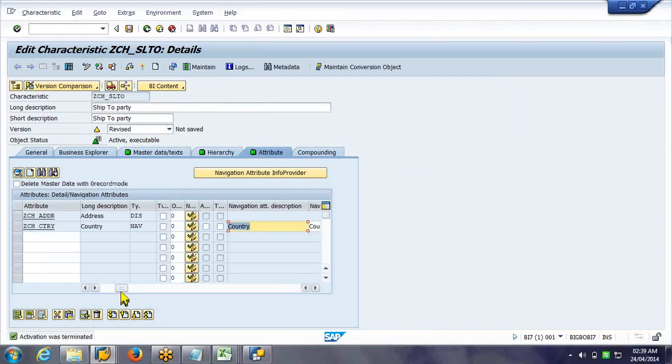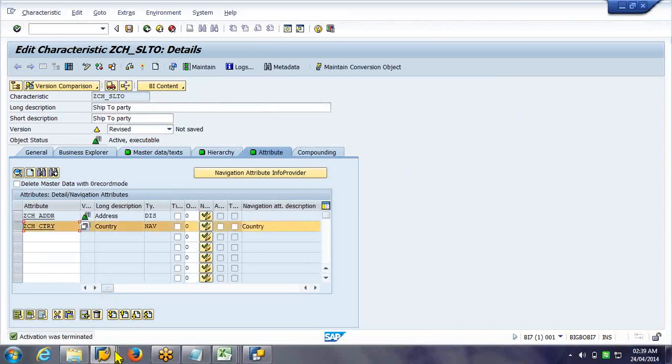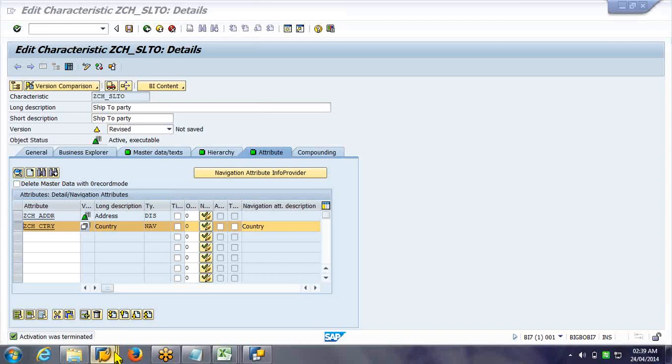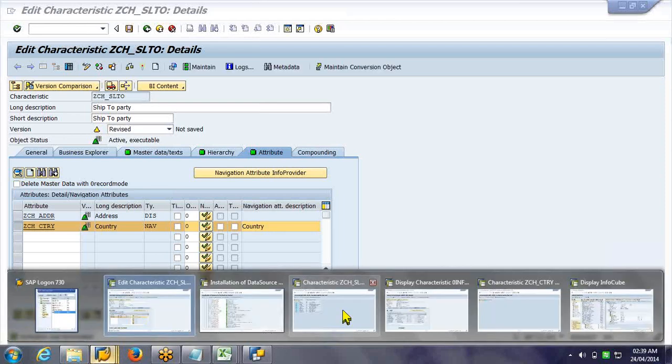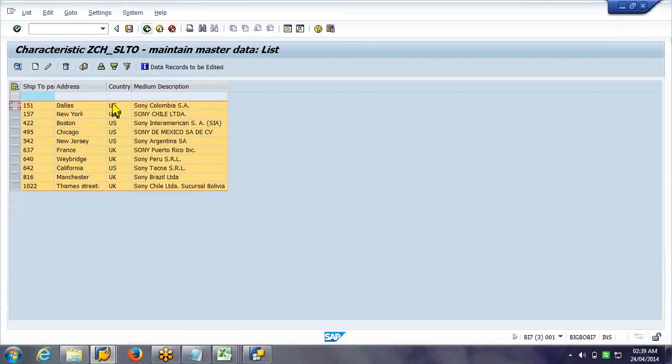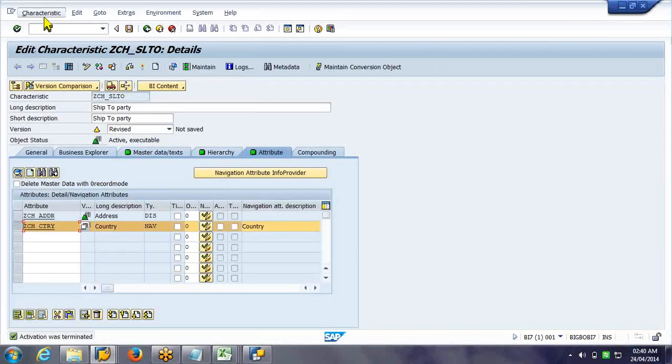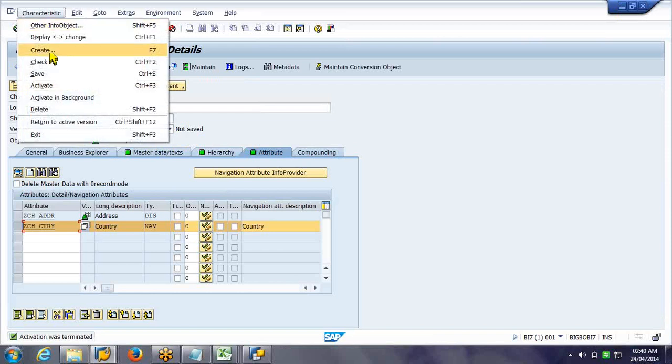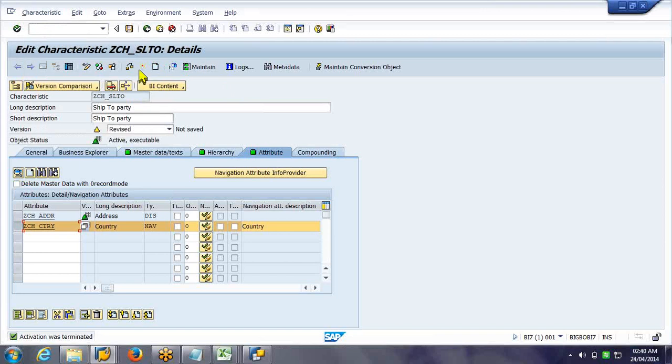So many objects are there, right? So many entries. Now only 10 entries are there in our case. These all country data will be loaded into the country object in our case now. But if there are thousands and millions, it will take time for all the entries to be loaded to the country. Okay. So that's why you have an option, activate in background. In our case, it's not required.